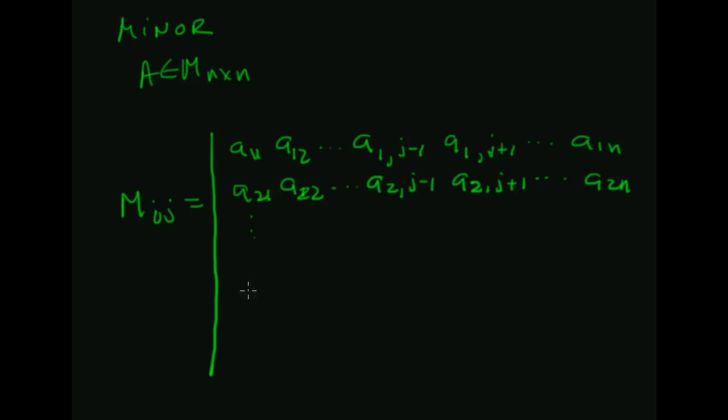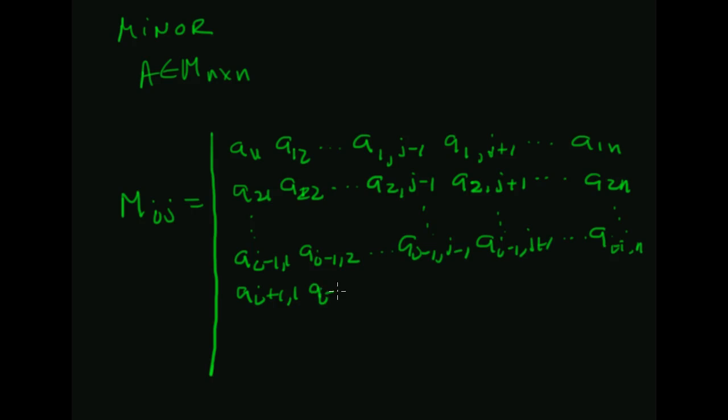And then what we're going to do is we're also going to get rid of the ith row. So this is the I minus first row, and then we're going to jump right to the I plus first row. So the minor is the determinant